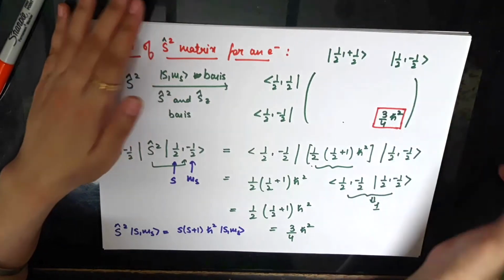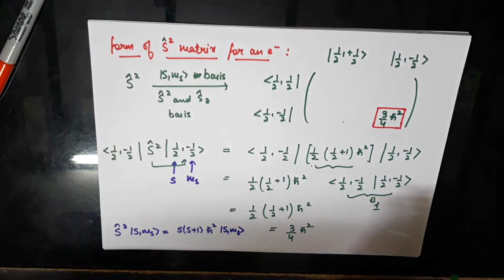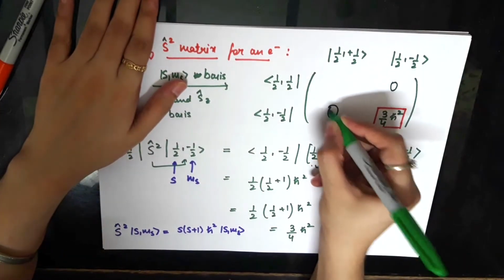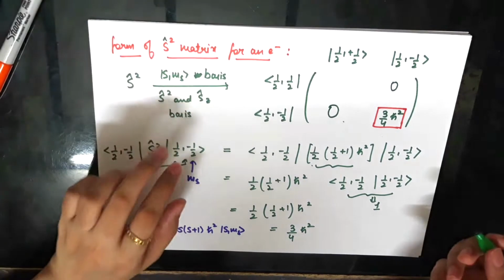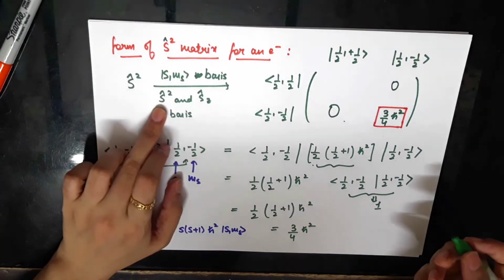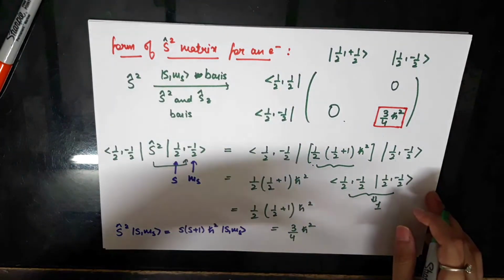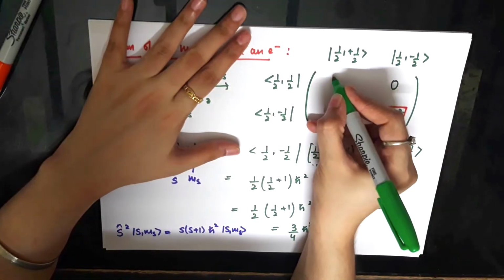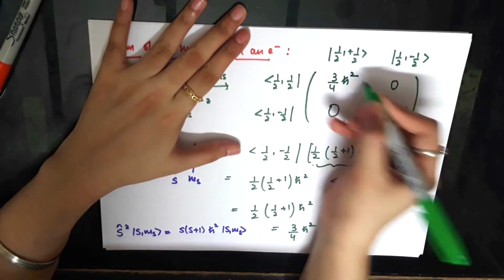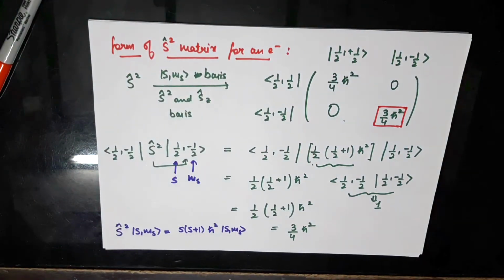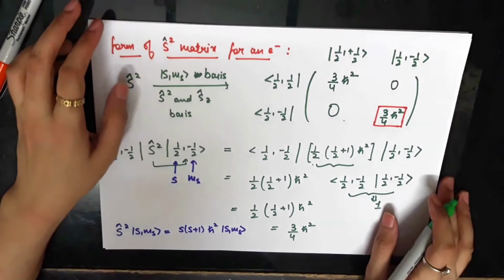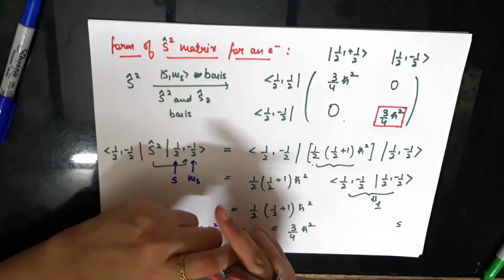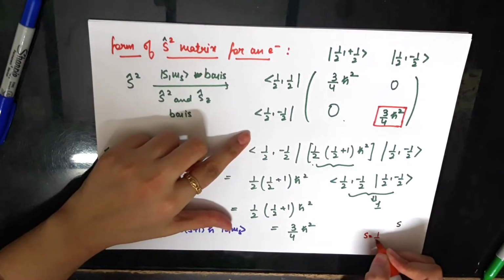The other matrix elements, you can do the computations. It's a very straightforward computation. You can do it for yourself and you'll enjoy it. I'll write the result here. The off-diagonal terms are 0, as you would expect, because you're writing S squared in the basis of S squared eigenstates. It's just expected to be a diagonal matrix. The other diagonal entry also comes out to be 3 by 4 h bar squared. So this is the form of the S squared matrix. Because for S squared the small s is always equal to half, it has only one eigenvalue.